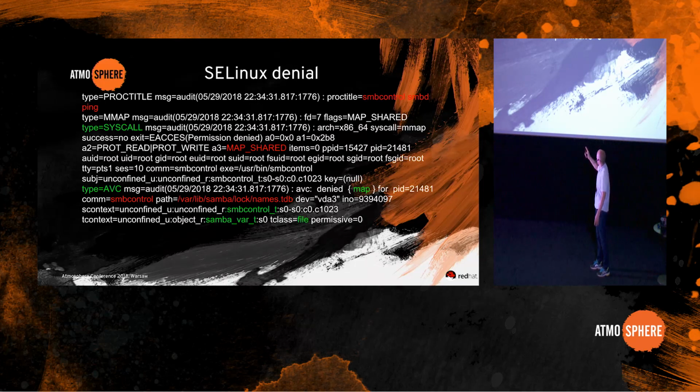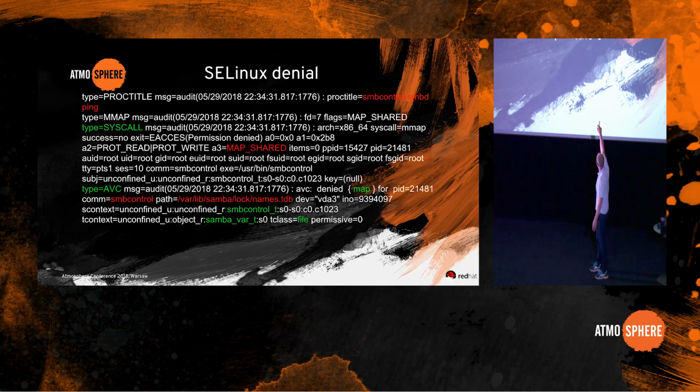And so from the SELINUX point of view, samba_control_t is the label of the process which was denied some action. Then there is the samba_var_t. That's the label of the file where the access should have happened but didn't, because SELINUX denied it.